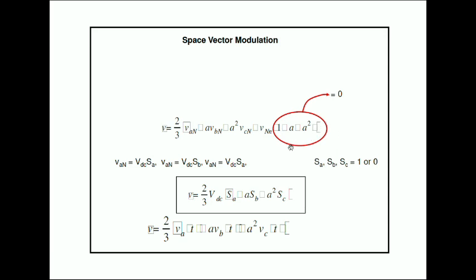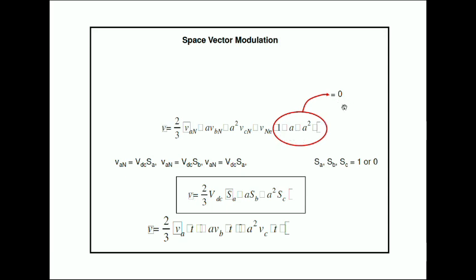Why is it so? Because all the terms have the VNN term: 1 into VNN plus A into VNN plus A square into VNN. Taking VNN outside, we get 1 plus A plus A square into VNN. That is what I have done here. Just write down this equation while I am telling it, since it is not clear in this slide. This 1 plus A plus A square is equal to 0.